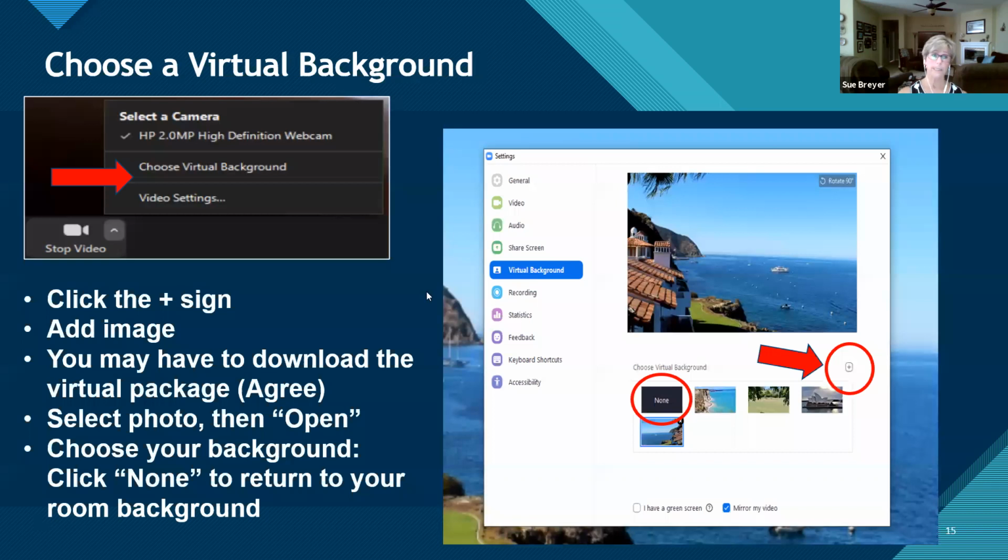Now, how do you get to that? One caveat here. If you have an older computer, you're going to struggle with what it takes to upload a clear virtual background. I'm just telling you that. If you have an older computer, or maybe you live out in a more remote area and computer signals are not real good, you might have trouble with this. Okay, you're going to see a lot of distortion,